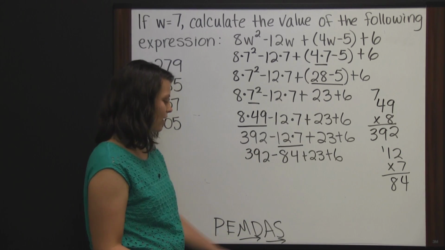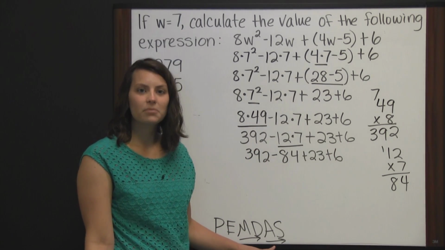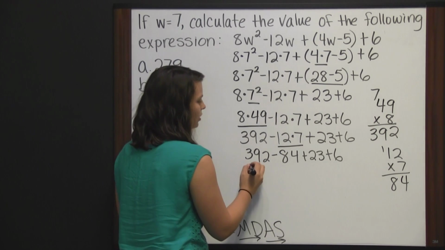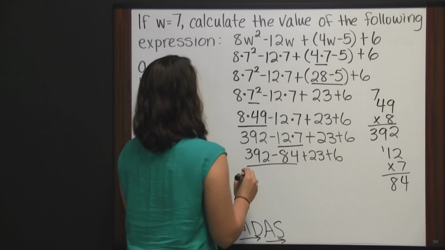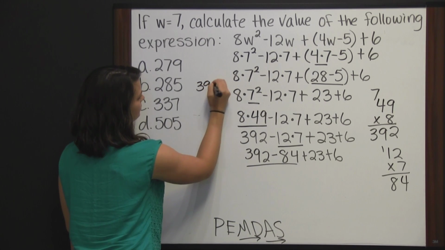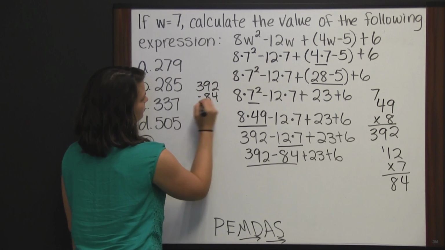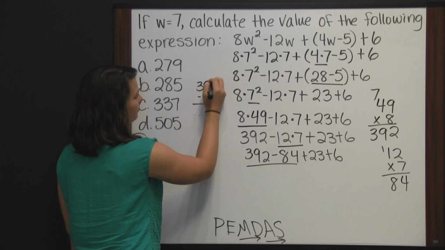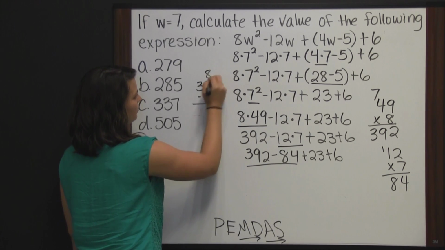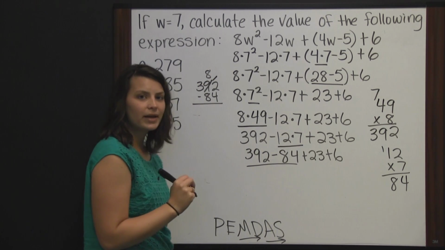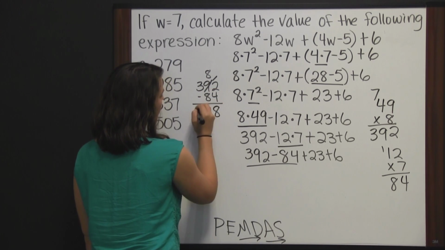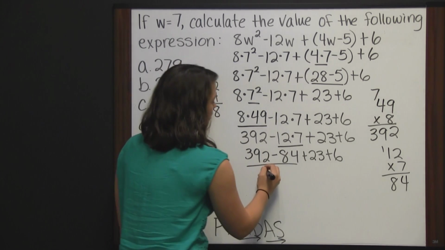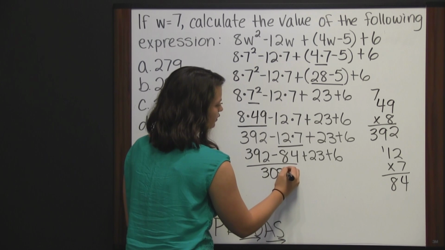So all we have left now is our addition and subtraction from left to right. So we start with 392 minus 84. I'll do that over here. So we have to borrow from the 9, it becomes an 8. We have 12 here. 12 minus 4 is 8. 8 minus 8 is 0, and we bring down the 3. So we have 308